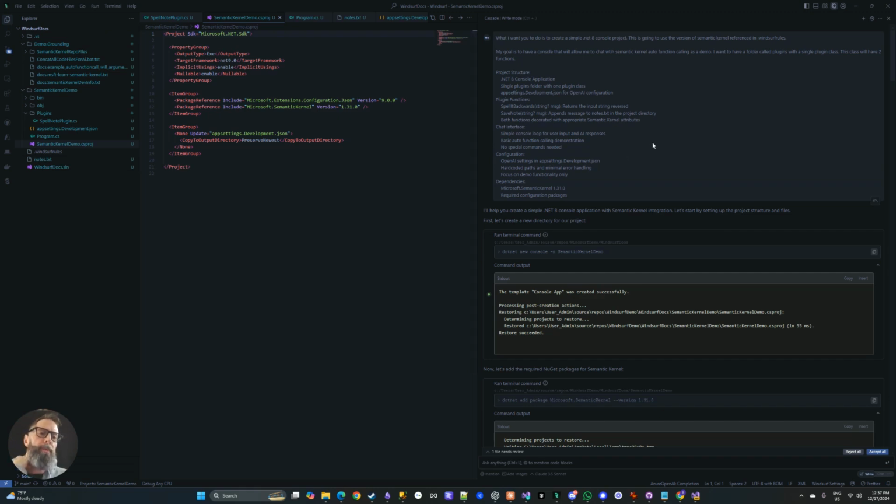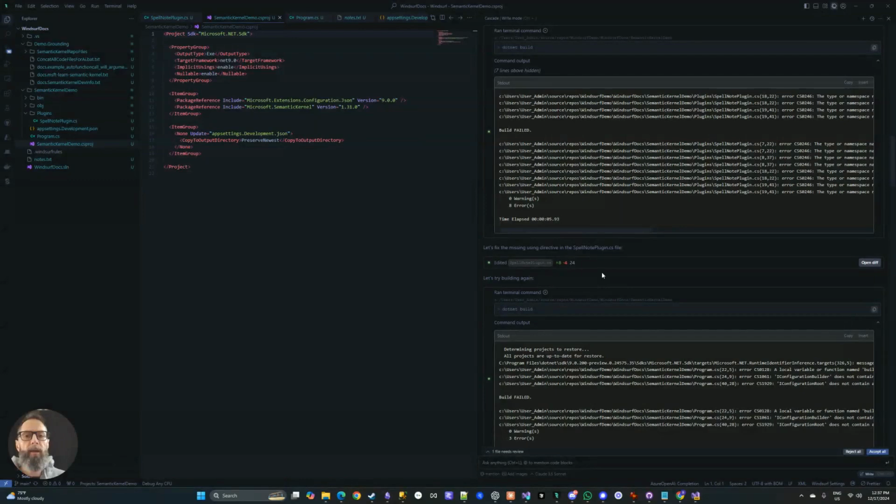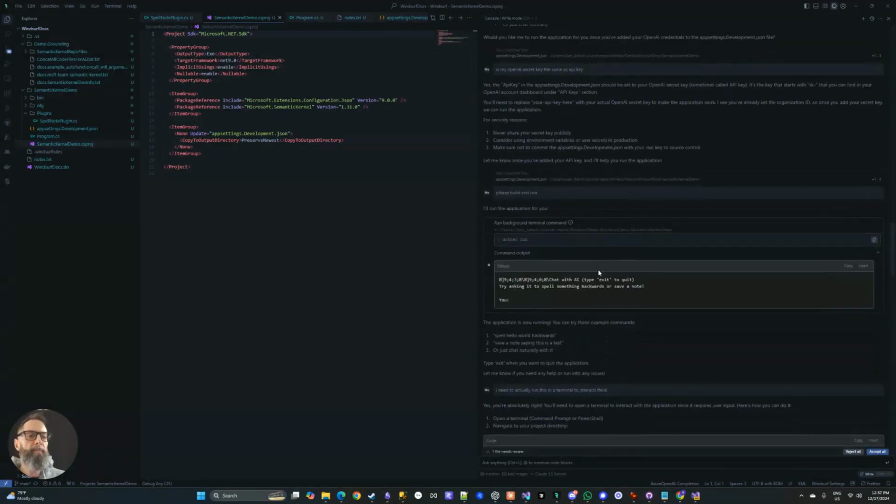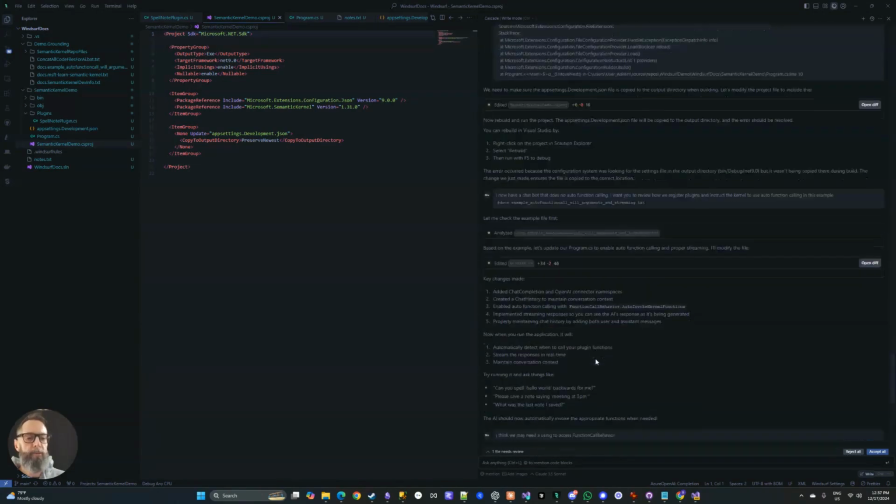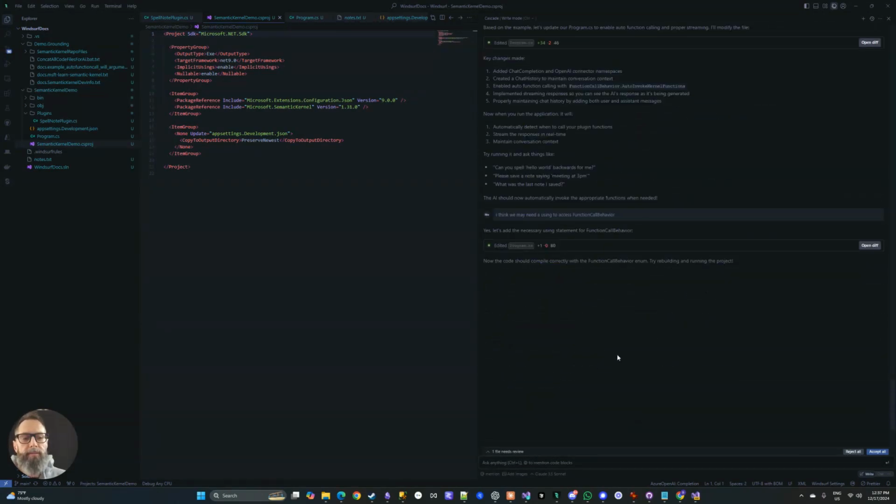And it took a minute, and it's really only because I was not specific enough with my instructions. I could probably, if there was value to it, come up with a better instruction that will one-shot this. But I didn't specify to create a solution file. There were a couple little things. It missed a using statement. Little bitty whoopsies, right? But I don't think that this was more than 30 minutes worth of work, and we now have a Semantic Kernel